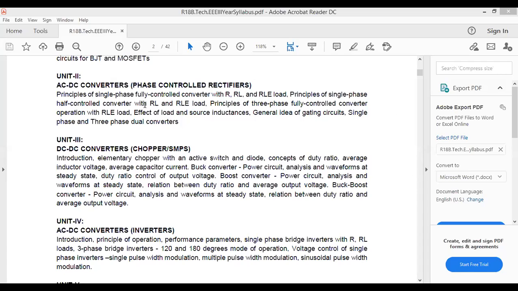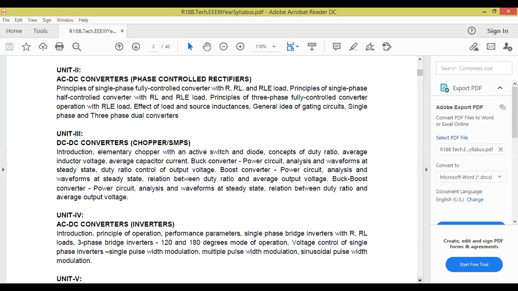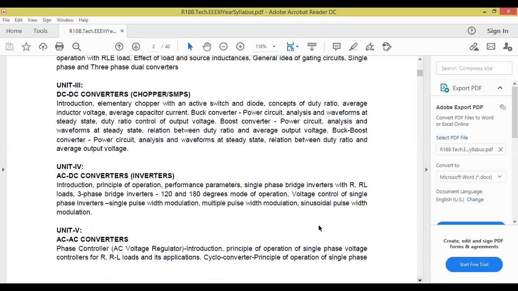First, before starting the new topic, let us check what exactly is our syllabus position. If you see, we are into the fourth unit. The fourth unit is the inverter, and there is a small change in the syllabus when compared to last year, but still, we do take all the different topics. If you see the syllabus, introduction and basic working principle of the inverter, parameters, meaning the derivation we have done. So single phase bridge inverters with R and RL load, they have given in the syllabus.